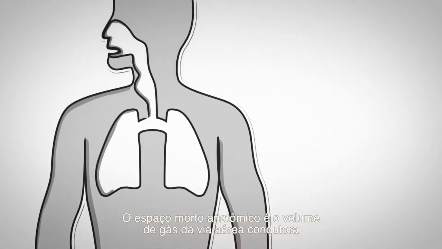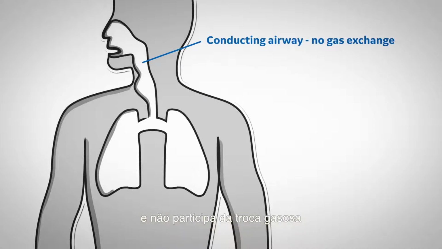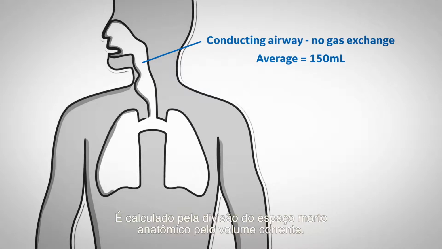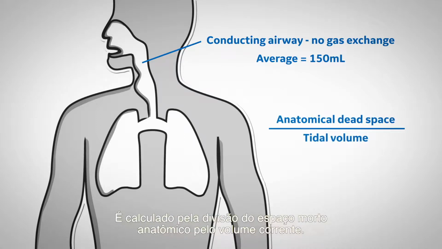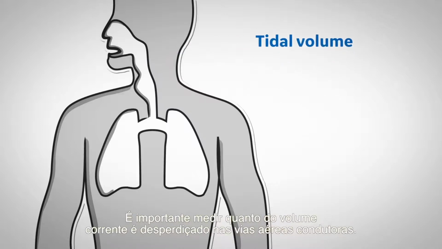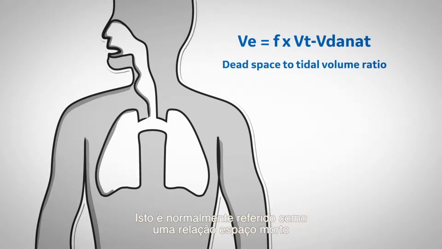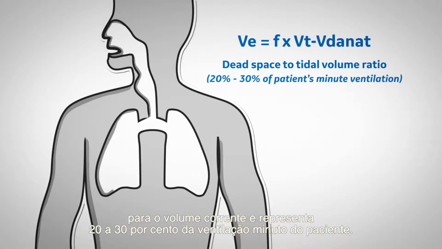Anatomical dead space is the volume of gas from the conducting airways that does not participate in gas exchange. On average, anatomical dead space is 150 milliliters. It is calculated by dividing the anatomical dead space by the tidal volume. It is important to measure how much of the tidal volume is wasted in the conducting airways. The calculated dead space is multiplied by the patient's minute ventilation. This is commonly referred to as a dead space to tidal volume ratio and accounts for 20 to 30% of